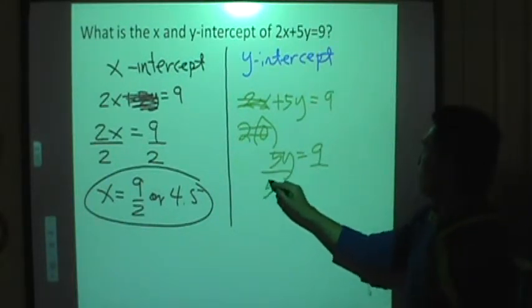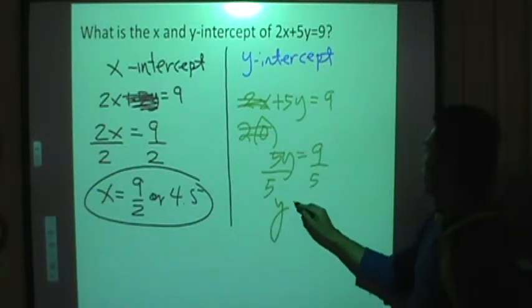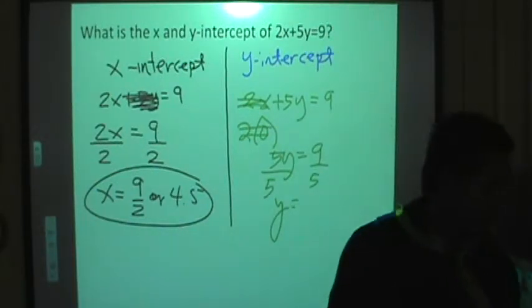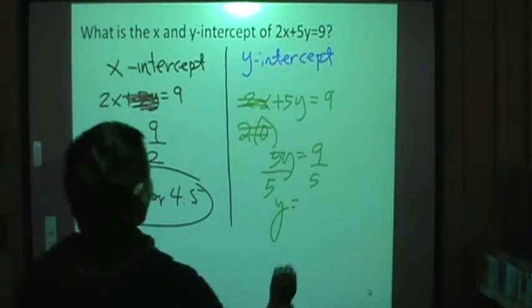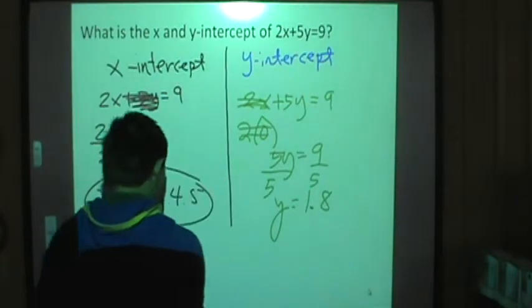Divide both sides by 5, y is equal to 9 divided by 5, I think it's 1 point something. 1.8. 9 divided by 5 is, yeah, it's 1.8. So that means